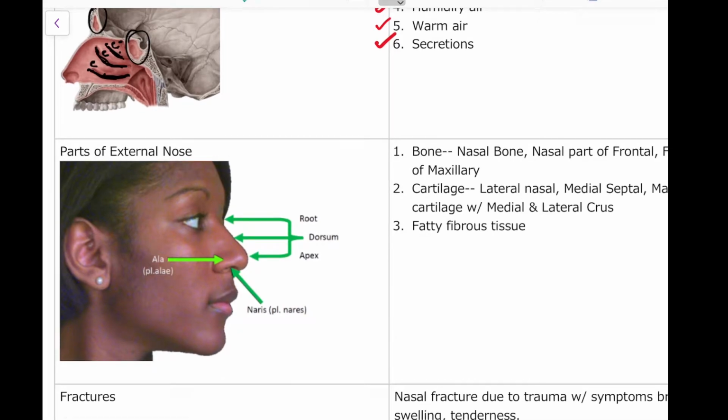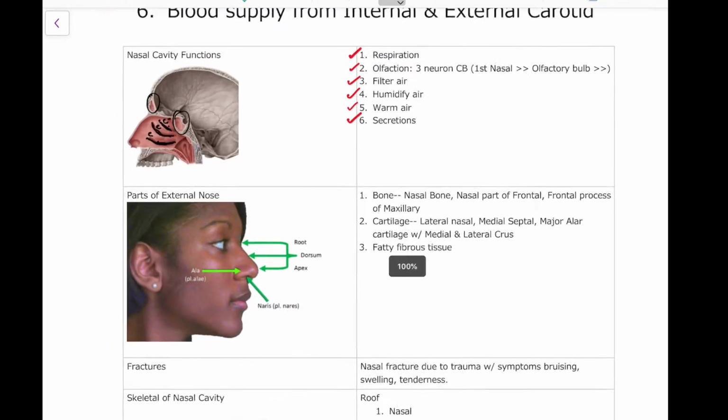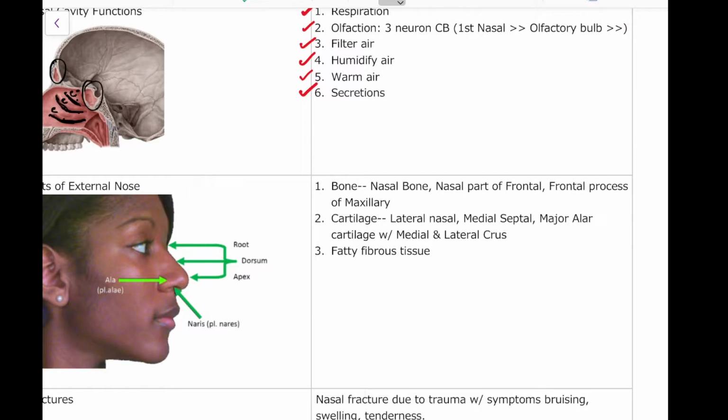So, some structural features of the nose. We have the bone here. In the bones, we have the nasal bone, the nasal part of the frontal bone, and the frontal process of the maxillary bone. We have three cartilages: the lateral cartilage, the medial cartilage, and the major alar cartilage. And then we have the fatty tissue. So here we have the ala of the nose, the wing,